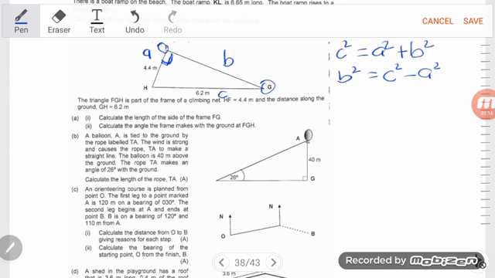So here I'm going to skip a few steps, and instead of writing b squared, I'm just going to write b is equal to 6.2, that's our c over here, minus a squared, which is 4.4 squared, and square root of the entire lot. Okay, which gives us